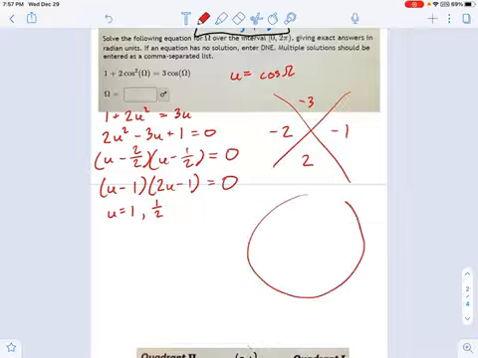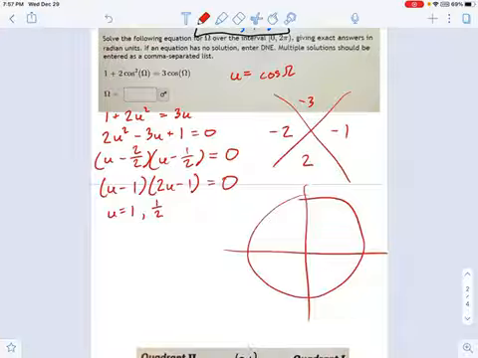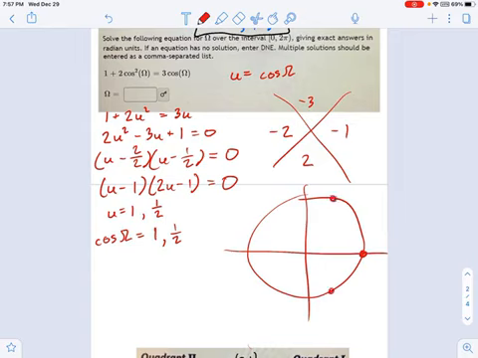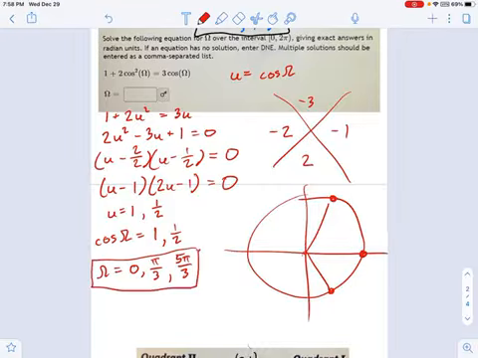So now I just need to go back to my unit circle and say, this isn't u, this is really cosine of omega. Cosine of omega, which is the x values, is 1. Okay, that's all the way on this side. Or 1/2. That's pretty close to the y-axis, like right over here. Meaning, I've got those two steep angles on the right side and the angle 0 itself. So that means omega is 0. Going around counterclockwise, the next angle is pi over 3. And the last angle at the very end is 5 pi over 3, if I remember my unit circle. Okay, there we go.